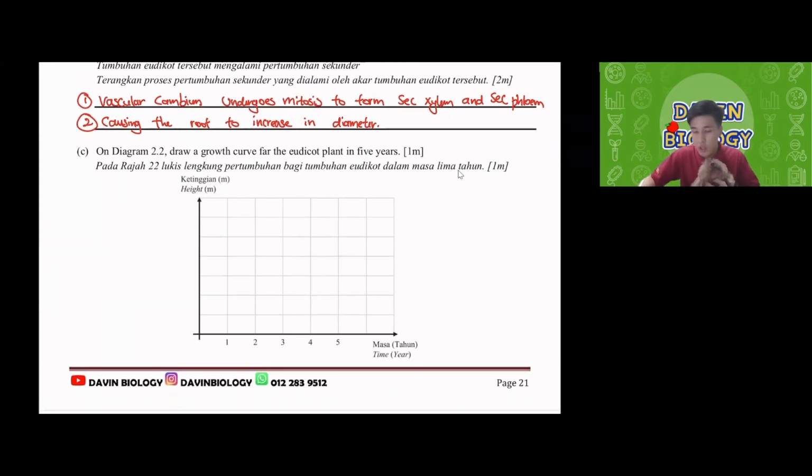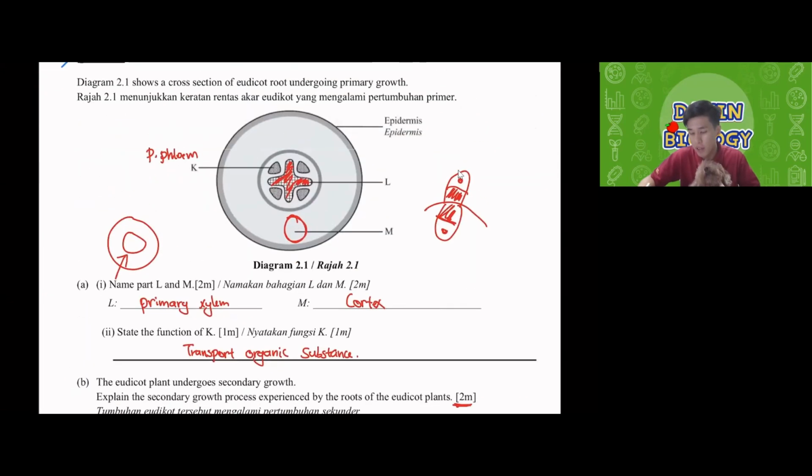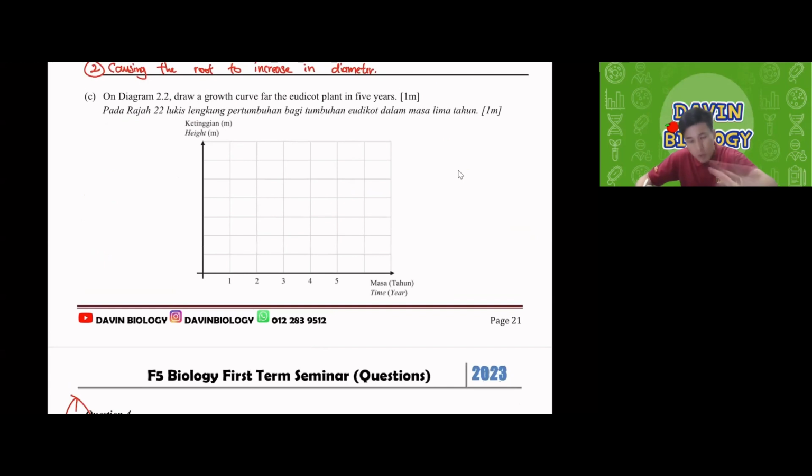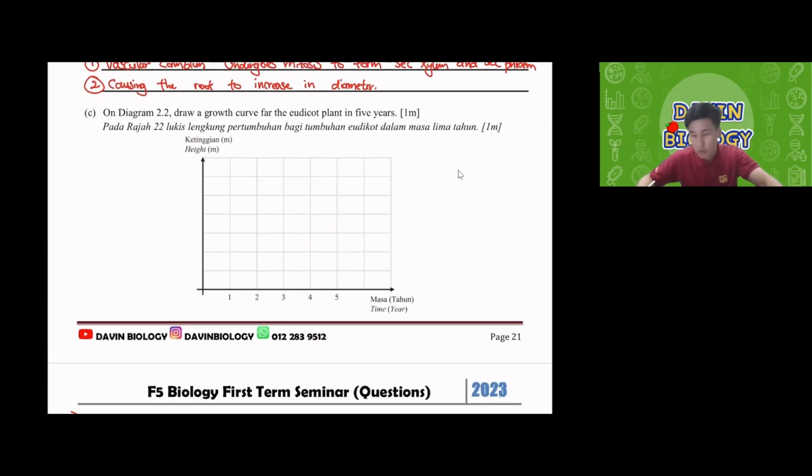So they ask you to draw a growth curve for eudicot plant in 5 years. So, okay, I've already mentioned this, right? Dicotyledon plants are basically perennial. Because dicotyledon, their leaves are all like that. Like mango tree, the big trees that you see, right? So eudicotyledons are perennial plants actually. They can undergo secondary growth. So therefore, what you're going to draw here is the annual series of sigmoid curve. So basically every year like that,